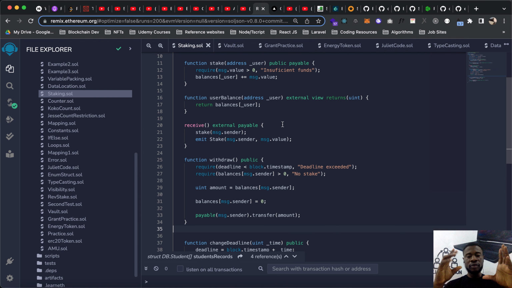Now this function is like a fallback function. Let's say you didn't write logic that will receive money into this contract, and you write a receive function. Whenever someone sends money to this contract, it will receive it. But what we did here is, when you send money into this contract, instead of the money just coming into the contract and chilling, we'll use that money you sent to stake for you. That's why inside the receive external payable, we still call the stake function and pass in the